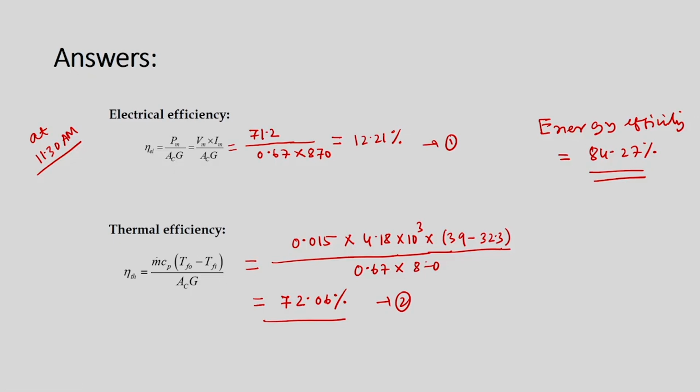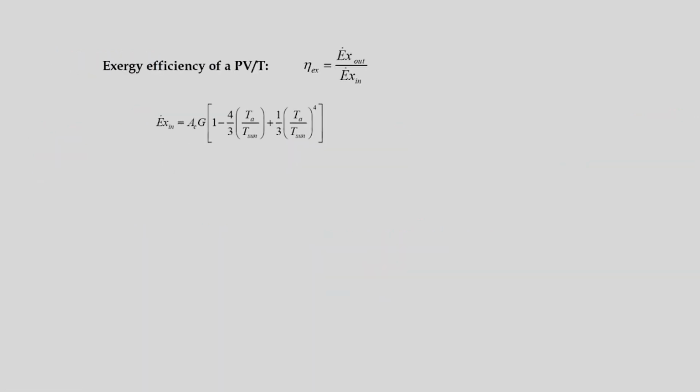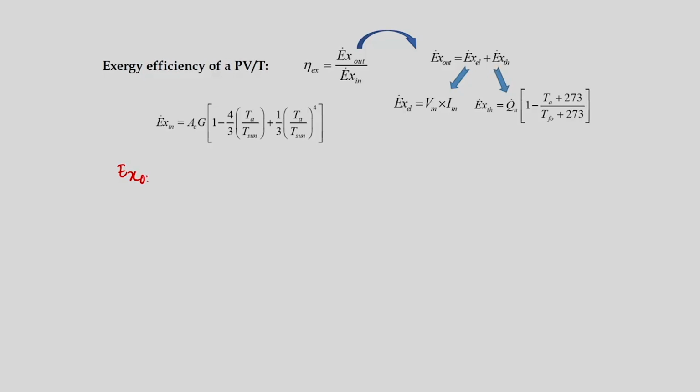And the next thing we will calculate is the exergy efficiency of a PVT collector. Okay. So, now we will calculate one by one. So, let us first calculate the exergy output, which is nothing but Vm into Im. Okay. So, this value is Pm. Okay, Pm is already given, which is nothing but